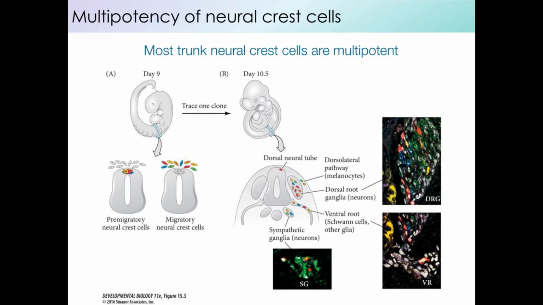So for example, as you can see, a single orange cell that's labeled before the cells delaminate is eventually found to give rise to descendants that populate the dorsal root, that become melanocytes, and that become Schwann cells of the ventral root. According to the results of this experiment, most trunk neural crest cells, approximately 75% of them, appear to be multipotent, and a small population appear to be already unipotent when they leave the crest. So the conclusion of this experiment was that the mouse embryonic trunk neural crest cells appear to be multipotent